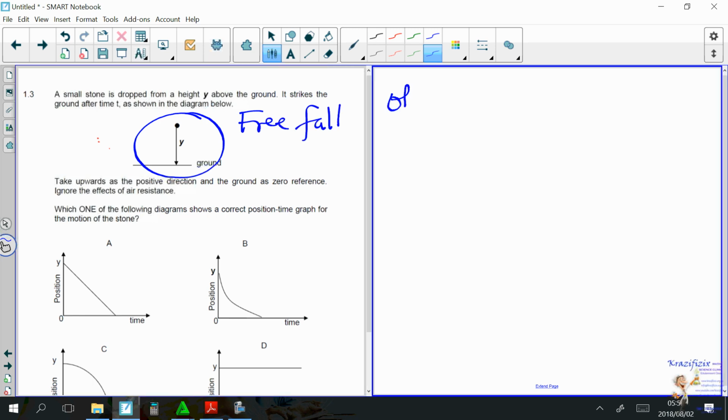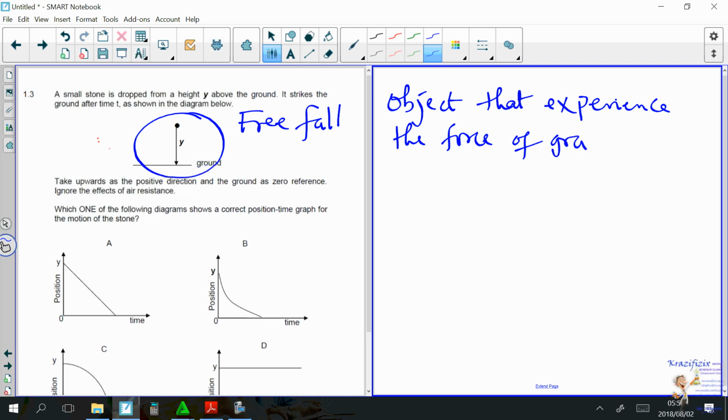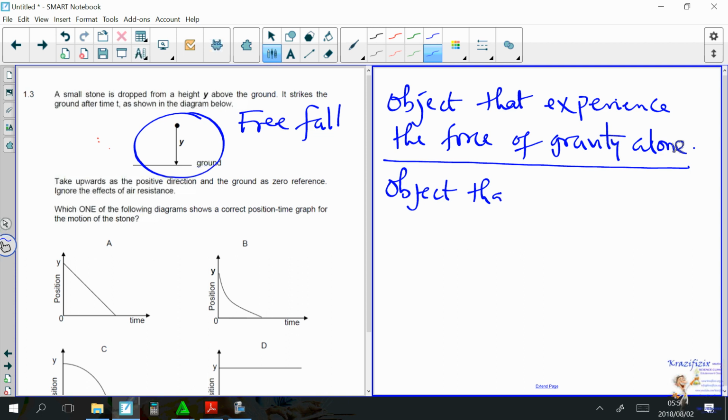A free fall is an object that experiences the force of gravity alone. All right, we have different definitions, or you can say an object that has only the force of gravity acting on it. Object that has only the force of gravity